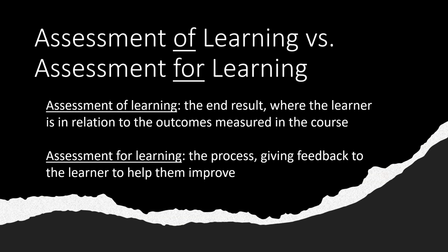Traditionally, much of the assessment that teachers were expected to do was assessment of learning. Yes, we were supposed to help students improve, but that was seen as separate from assessment. We measured where they were at a particular moment in time and reported on that. Assessment for learning is much more robust and I believe better for the students. In essence, it recognizes where students are right now in their learning and gives them advice on what they should do next to move their learning forward. Assessment of learning is looking at the end result, whereas assessment for learning is looking more at the process.